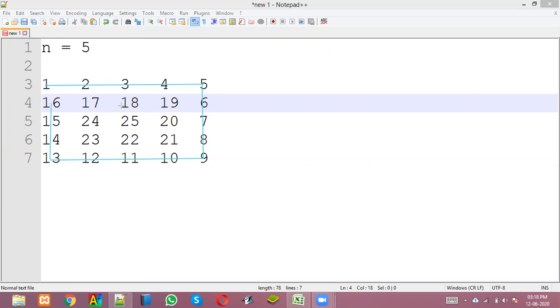Now, if you want to go to the next cycle, we do the same thing. We go first from left to right, then from top to bottom, then from right to left, then from bottom to top. So in one cycle we are doing 4 operations to complete the task. This is the first analysis. Now I'll open Excel and try to explain a little there.